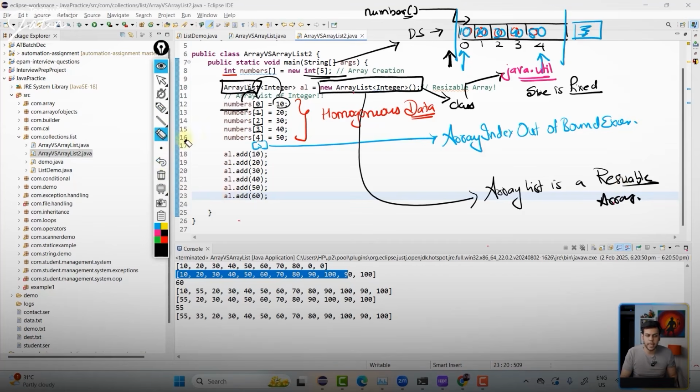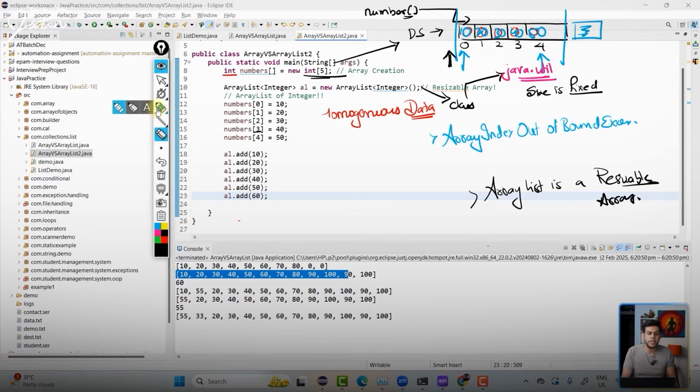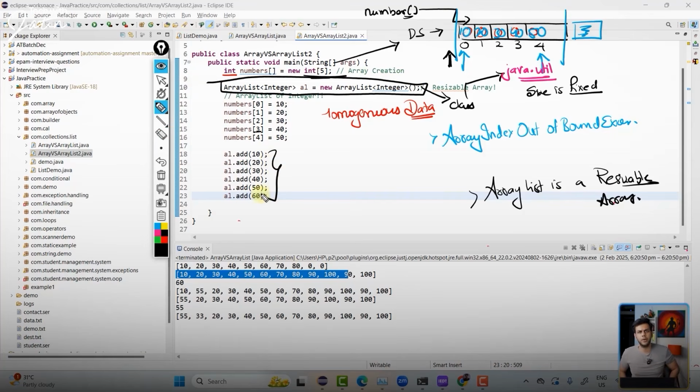If you look at this entire script, guys, for your ArrayList, I am not even giving the size. Am I giving the size anywhere? This is the utility method. Am I giving indexes anywhere? I'm just saying add 10, add 20, add 30, add 40, add 50, add 60. In array, I have to tell on the 0th index, go and store 10.